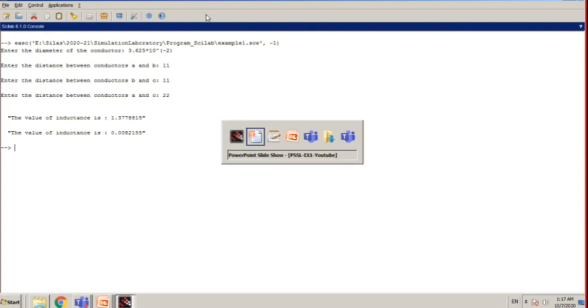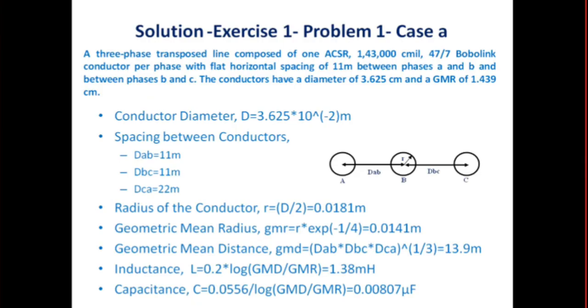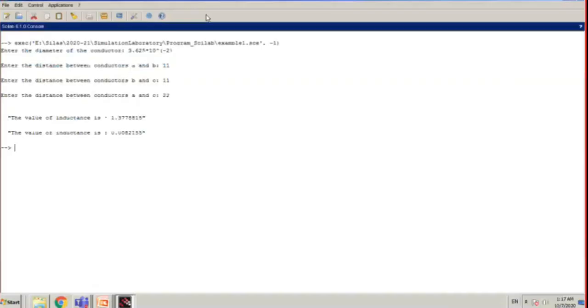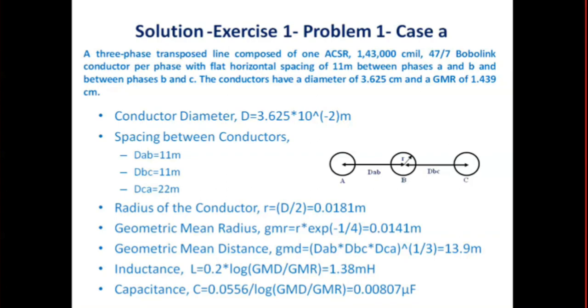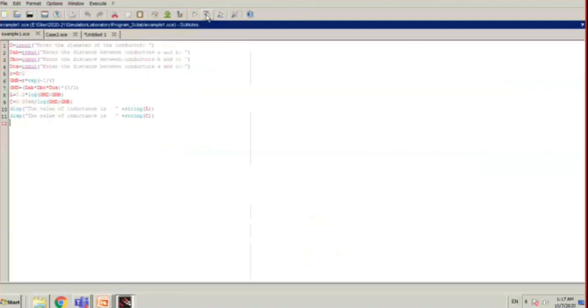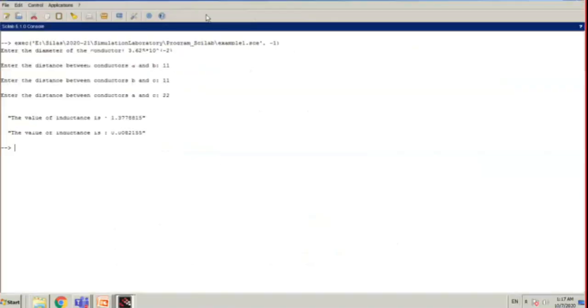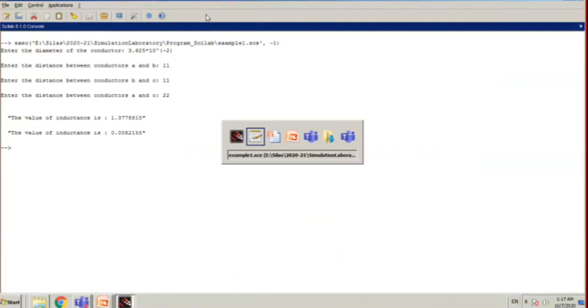Check the answer with your solved problem. The inductance is 1.38 millihenry, and here we have obtained 1.3778. Similarly, the capacitance is 0.00807, and here we have obtained 0.0082155.